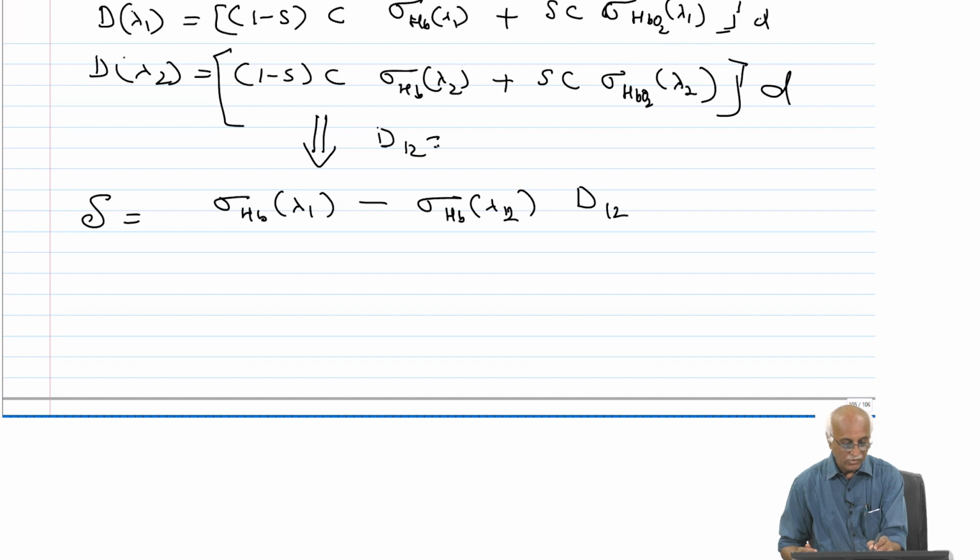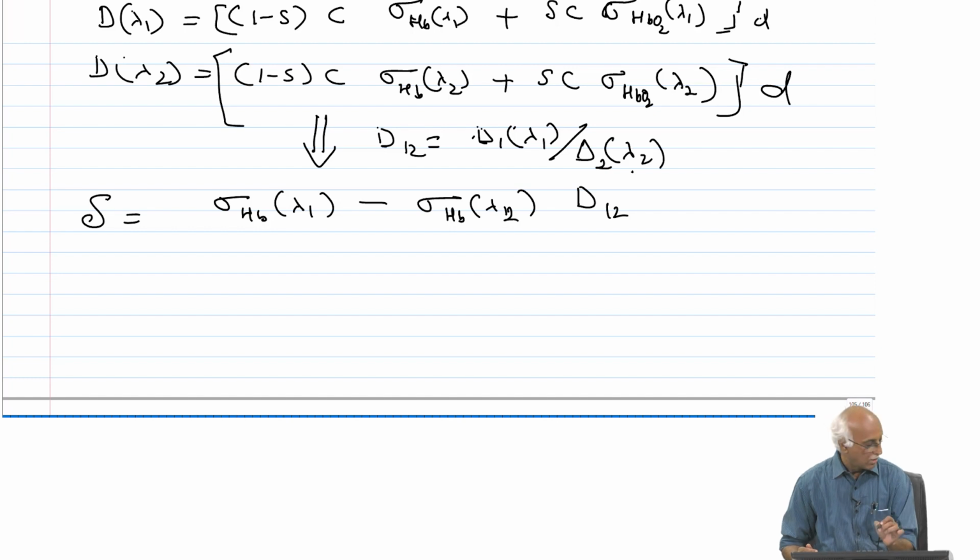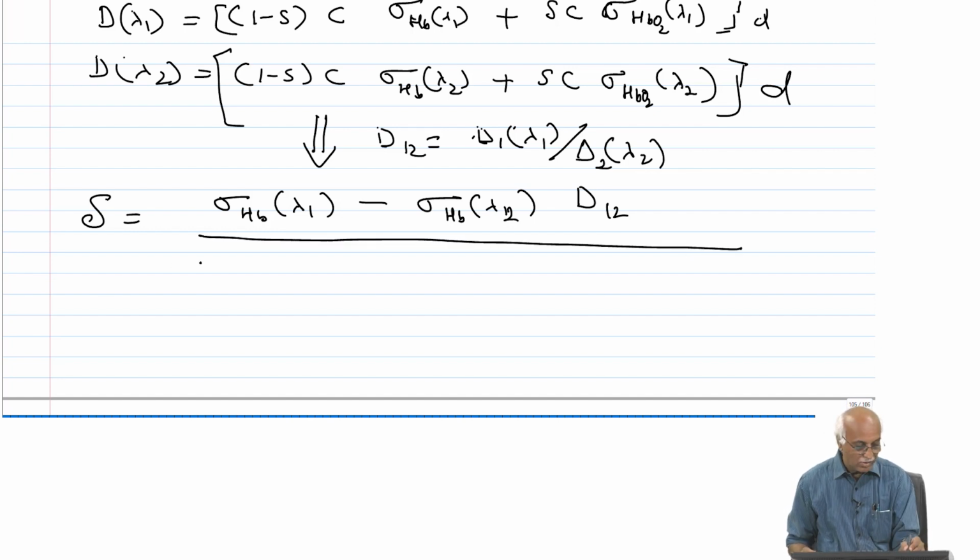D12 is D1 lambda 1 divided by D2 lambda 2. So this is sigma divided by sigma of oxyhemoglobin at lambda 2 minus sigma of hemoglobin at lambda 2,